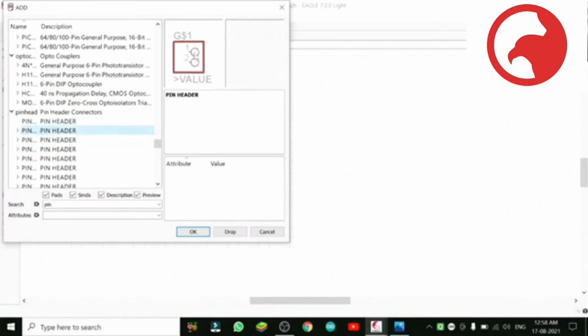Here are 2 pins. Now we have to click this folder, open it, and there are files inside the folder. When we click on the file, the symbol will come on both sides. One symbol is for the PCB layout board and one is for the schematic. What we put in the schematic will come automatically on the board. But here we can see how it will look on the board when we proceed to the PCB layout. So open this folder, click it here, and you will see 2 files appear.